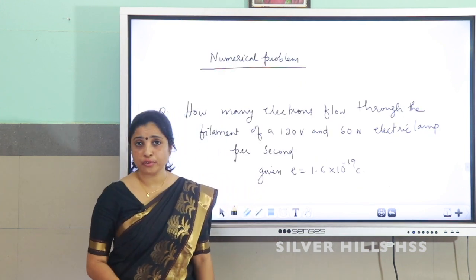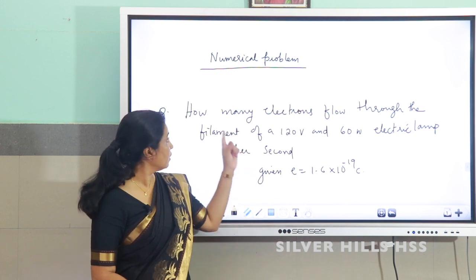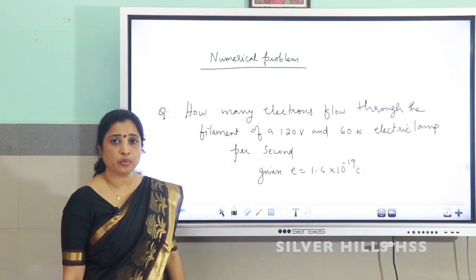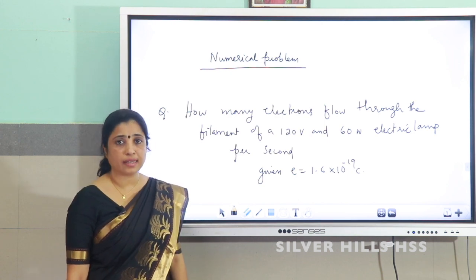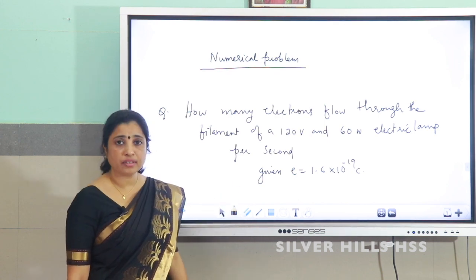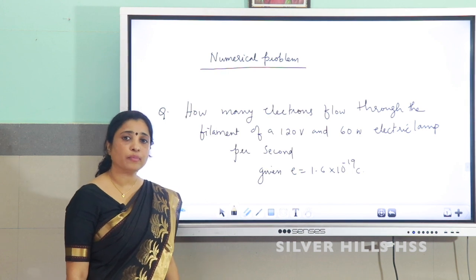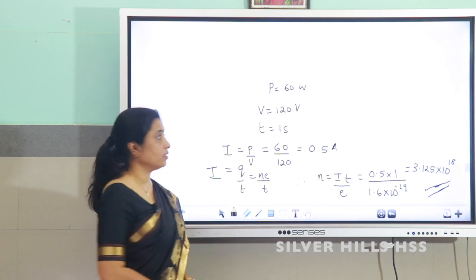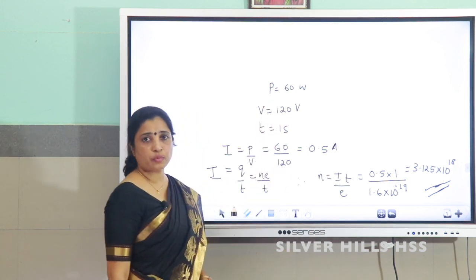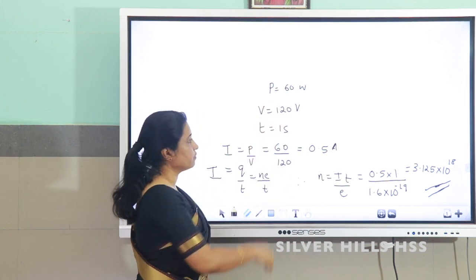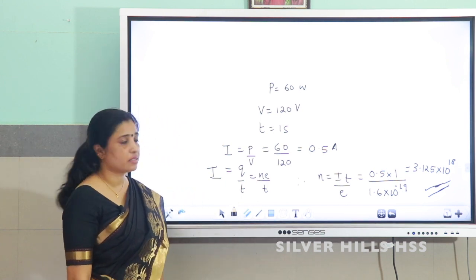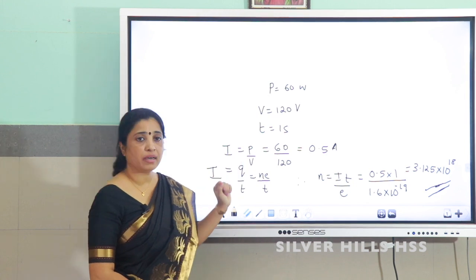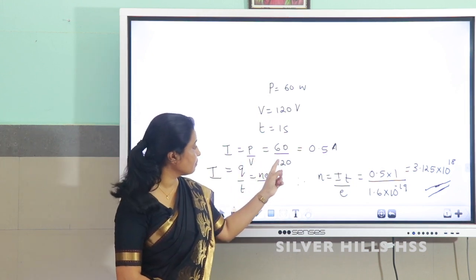Now let us go for a numerical problem. The question is, how many electrons flow through the filament of a 120 volt and 60 watt electric lamp per second, given charge of an electron is 1.6 into 10 raised to minus 19 coulomb. So in this question, power is given to be 60 watt and potential difference is 120 volt and time is 1 second. So here you can see I is equal to P by V, which is equal to 60 by